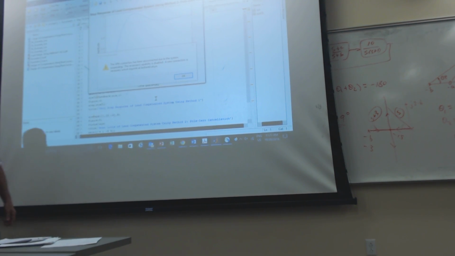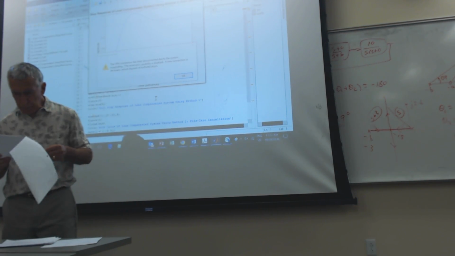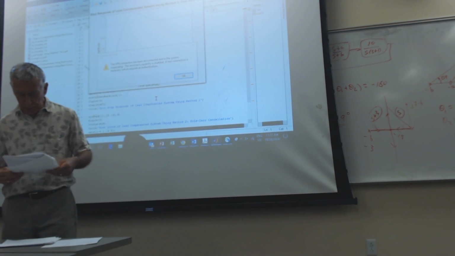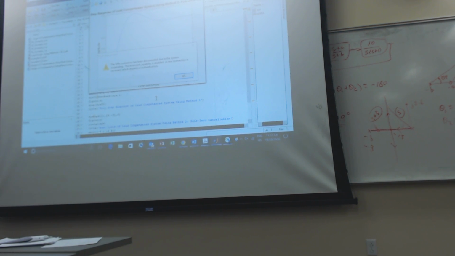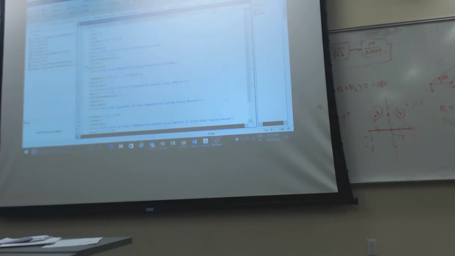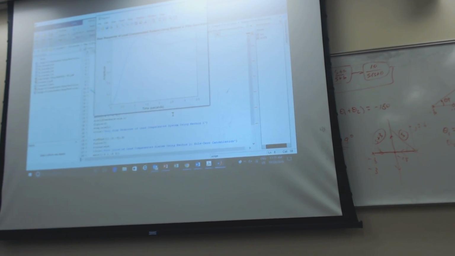So here, let me be sure I'm using the right M file here. I think it's example 2. Here's example 2. So execute that. And this also contains the design for method one as well. So let's take a look at,